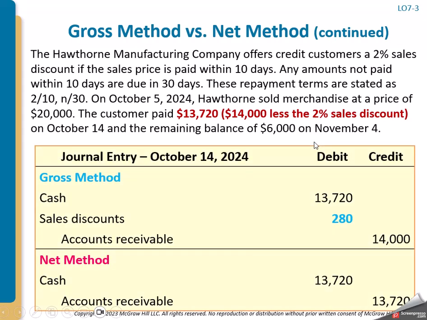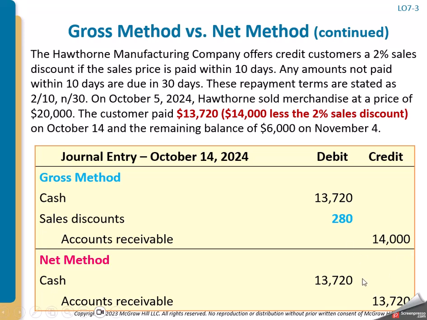But then here, when they pay us, if we're using the gross method, then we calculate the discount that they've earned based on what they paid, and we take it out of our accounts receivable at the gross, and we set up this new contra sales account at 280. So a contra sales account means it goes the opposite direction of sales. Sales are normally a credit balance. Sales discounts would be a debit balance. And on our income statement, they would reduce the sales.